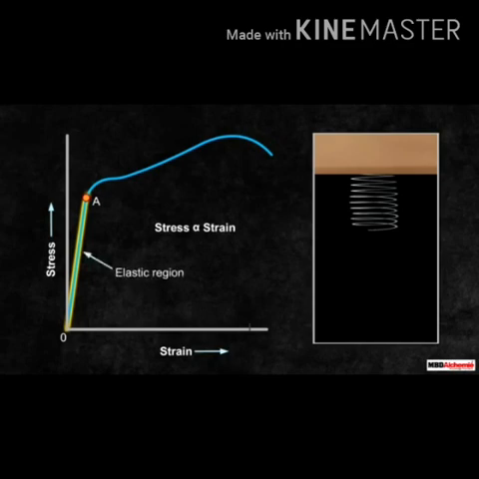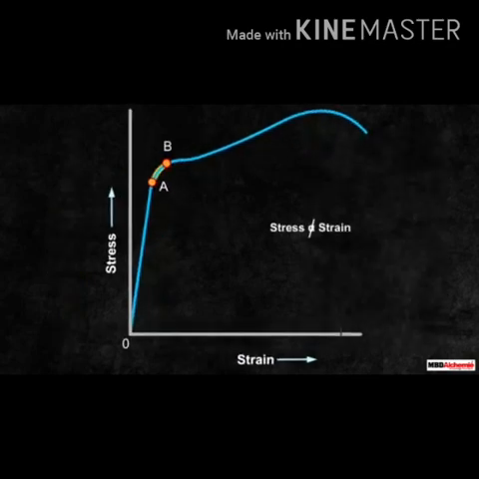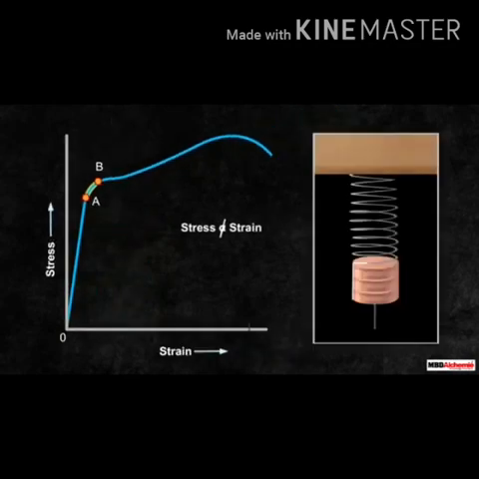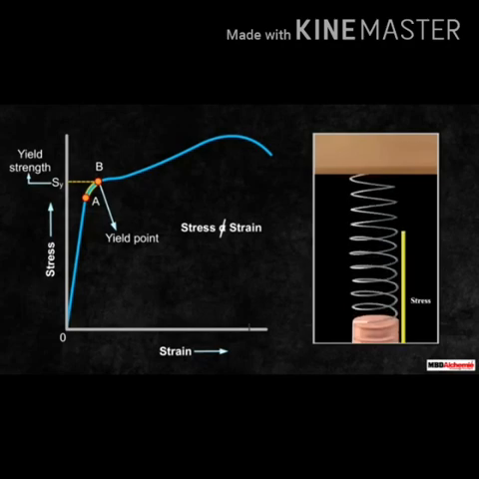The next one, portion AB. In this region, the strain is increased by a very small amount. Stress is not proportional to the strain, but once the stretching force is removed, the wire will regain the original length. The behavior ends at the point P, and hence the point P is known as the yield point or elastic limit, the elastic behavior of the material in the stress and strain curve OAB. Next, portion BC. If the wire is stretched beyond the point B, stress is increased and the wire will not regain the original length after the removal of the stretching force.